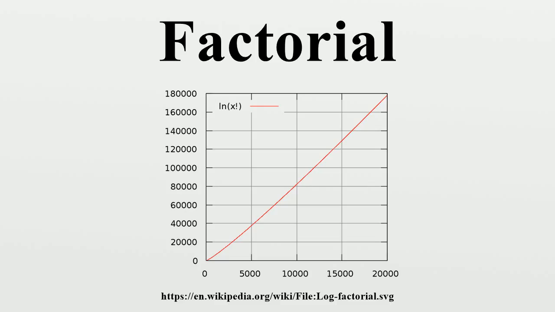Factorial-like products and functions. There are several other integer sequences similar to the factorial that are used in mathematics. Double factorial. The product of all the odd integers up to some odd positive integer n is called the double factorial of n, and denoted by n!!. That is, for example, 9!! equals 1 times 3 times 5 times 7 times 9 equals 945. The sequence of double factorials for n equals 1, 3, 5, 7 starts as 1, 3, 15, 105, 945,